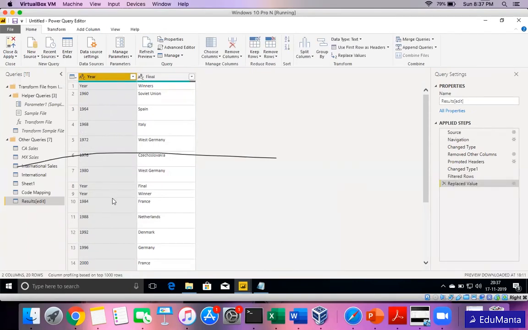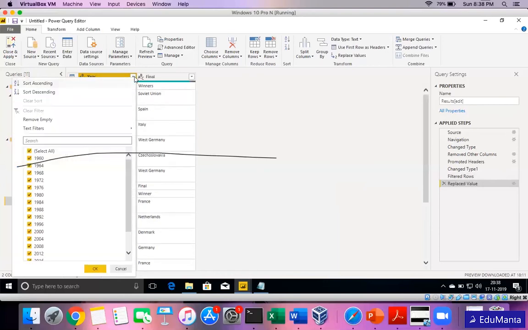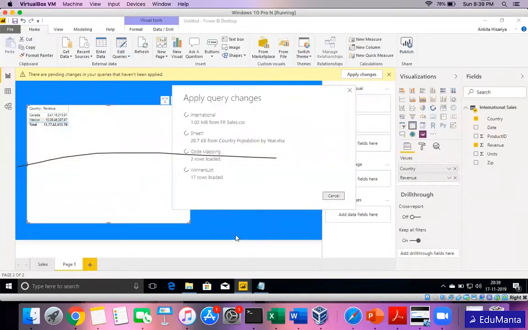Now there is something like this final winner and all in the Excel sheet. It has brought this data which is not needed. So what we'll do here is we'll let all the years be and we'll just remove this year part. So now we'll have just the year and the corresponding column here. And then it can be used for your reporting. We can rename this as winners list. This will take some time depending on the data volume that's there. You see the international file is in MB and so on. So this will take a bit of time depending on what the data is.